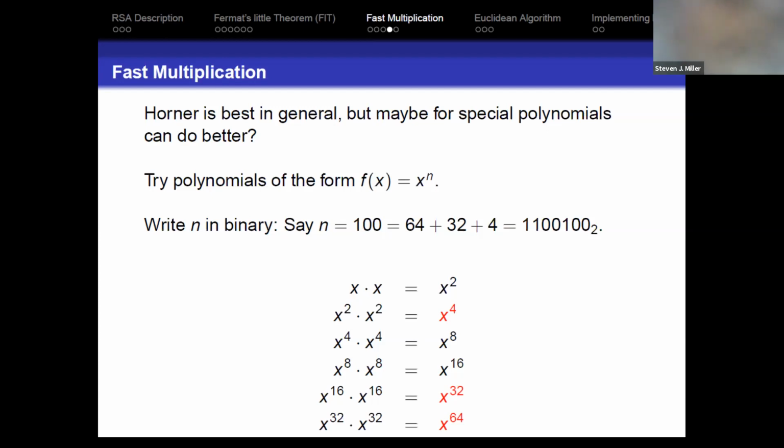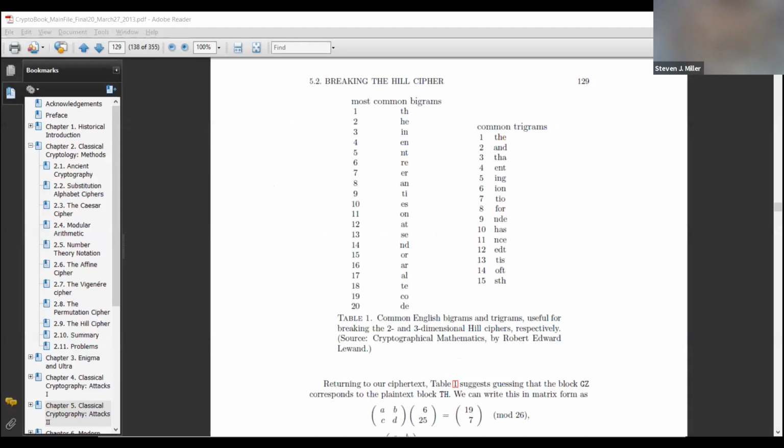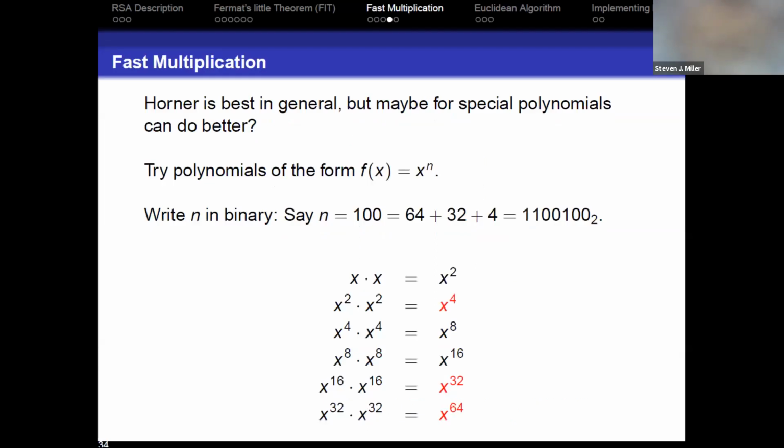And now we know that the highest power we need to go to is going to be essentially like the log of d base 2, but then we might have to multiply everything back up. So it might take us log of d multiplications to go all the way down, and we might have to multiply everything again, so there could be another log d. That's fine, that's just log d plus log d. That's just twice log d. Twice log d is doable.